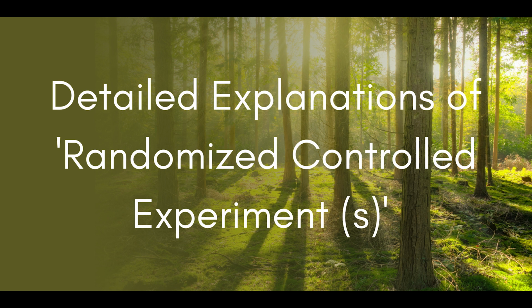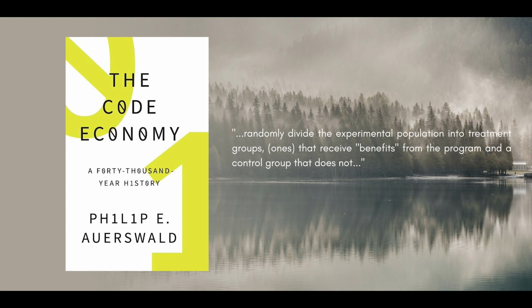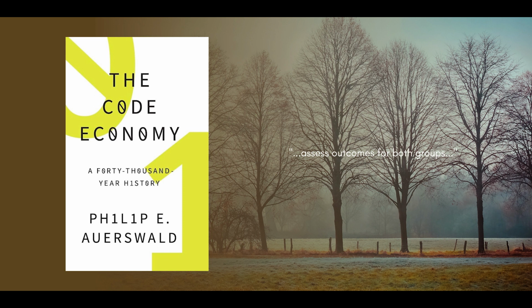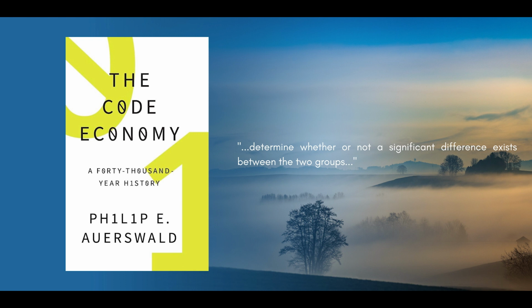Firstly, it is important to understand that a randomized control experiment, or RCT, is in general, in medical field research, a technique used to assess the effectiveness of medical treatment. As Philip Oswald, author of the book The Code Economy: A 40,000 Year History, puts it, firstly, the steps are to randomly divide the experimental population into treatment groups that receive benefits from the program and a control group that doesn't. Secondly, assess outcomes for both groups, and lastly, determine whether or not a significant difference exists